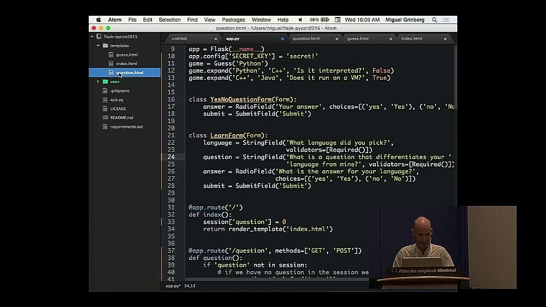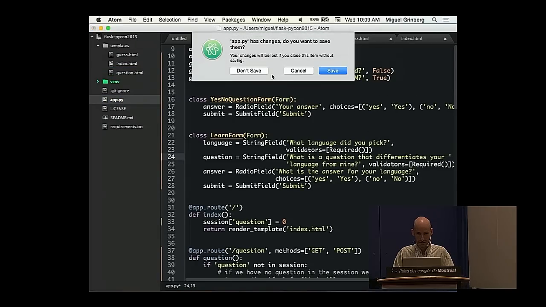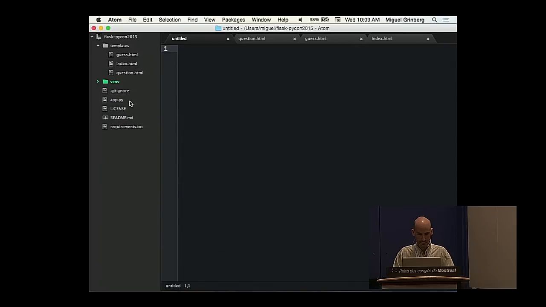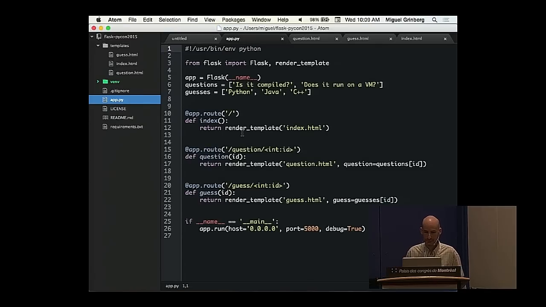What? What's going on? You have unsaved changes. Here we go. I think I had open. I think I did one extra undo. I had it open, the final version. I'm sorry. Anyway,